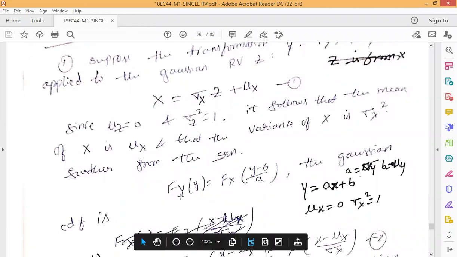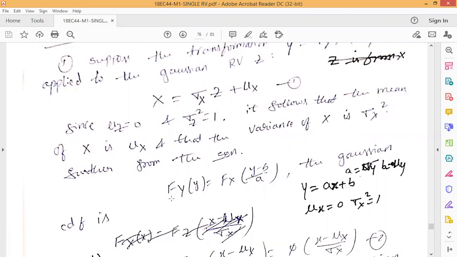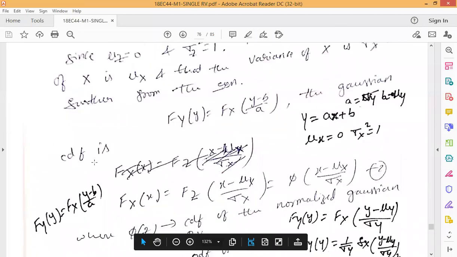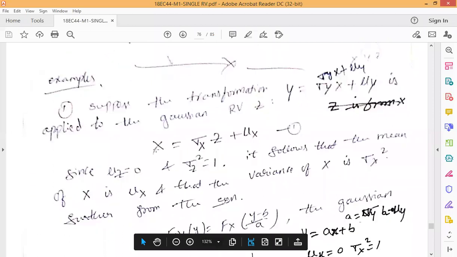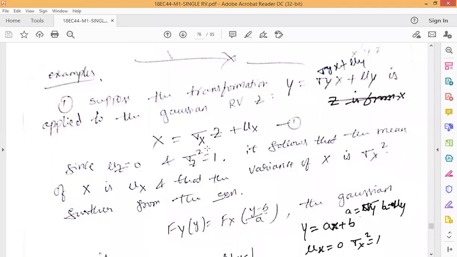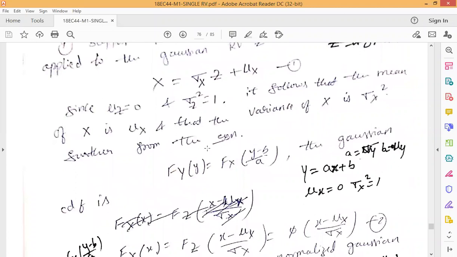Using the equation F_Y(y) is equal to F_X((y - b)/a), which we have seen, we can use a similar equation to connect x and z. So using the same equation, this is rewritten as F_X(x) is equal to F_Z of, so here y represents what? We can see the equation: x is equal to sigma_x z plus mu_x. From this we will be able to identify the values of a and b. Since we are using the variable x, or mu_x is,